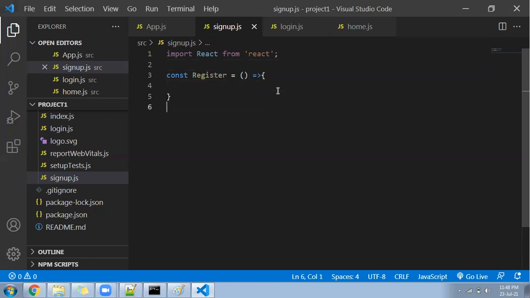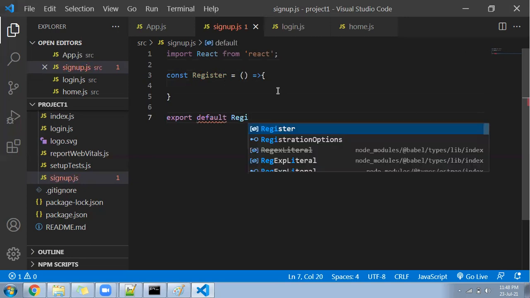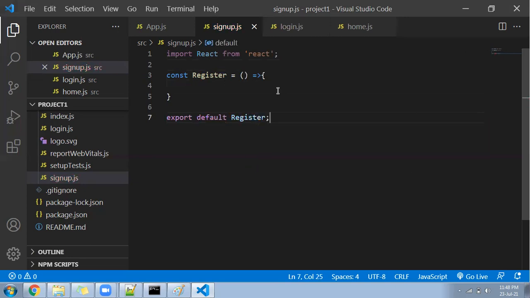Now write export default register. Correct. Export default register. So you can see we wrote a function called register.